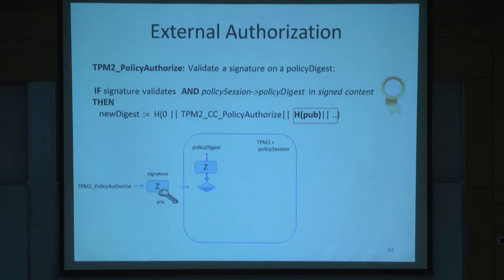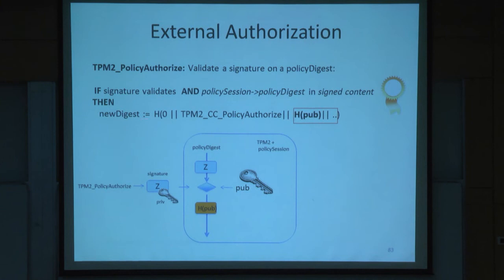So what this does is that if the current policy session value is a given value Z in this case, the operating system could provide a signature which matches this value, which is signed by some key. And so you can issue the TPM policy authorize command, and you can say here is a certificate or authorization signature. And TPM2 doesn't care what this signature is. All it would check is, is the value signed the same as the value that's in my current policy digest? If so, this command would succeed, but it will take the public key that was used to verify the signature and essentially extend, reset the